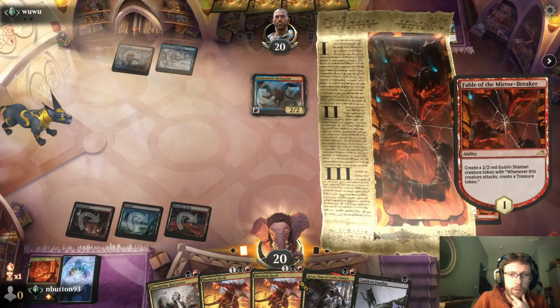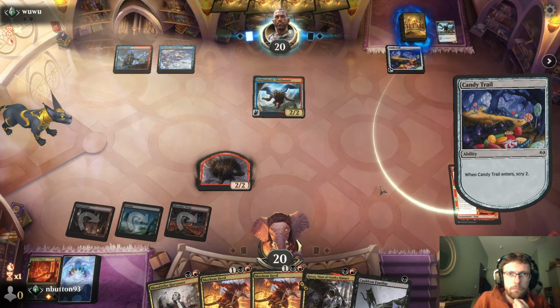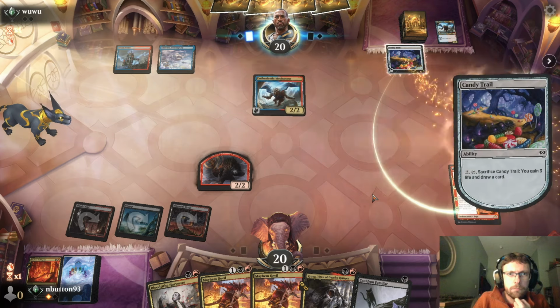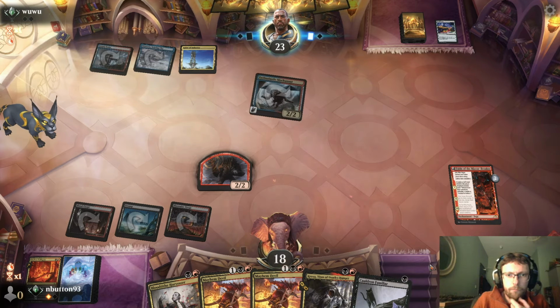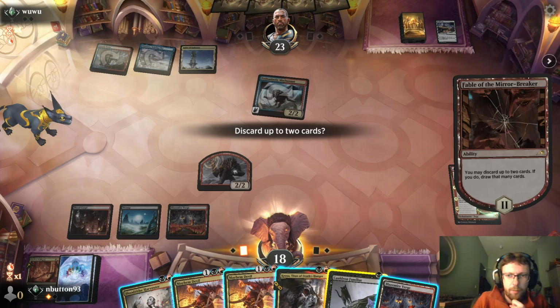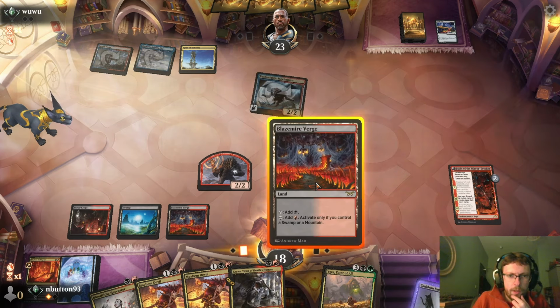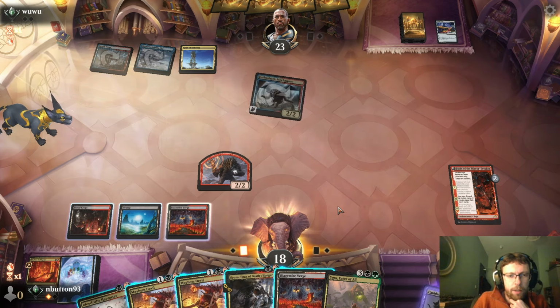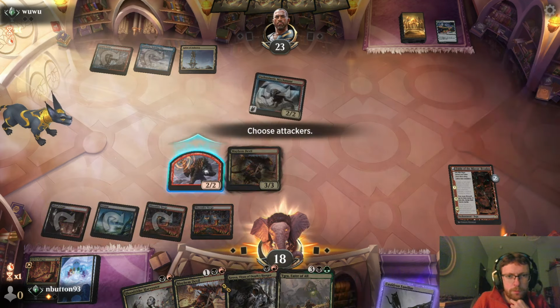Fable of the Mirror Breaker we are going to need here. Yes, yes, very good. So, let's discard... I'm actually quite tempted to keep Croxer here, but I don't think I need Cauldron Familiar. So that can go down. So I need to sacrifice 2 things and also get Mayhem Devil down, which I don't think I could do. Well, maybe I can, actually. If I play Devil...